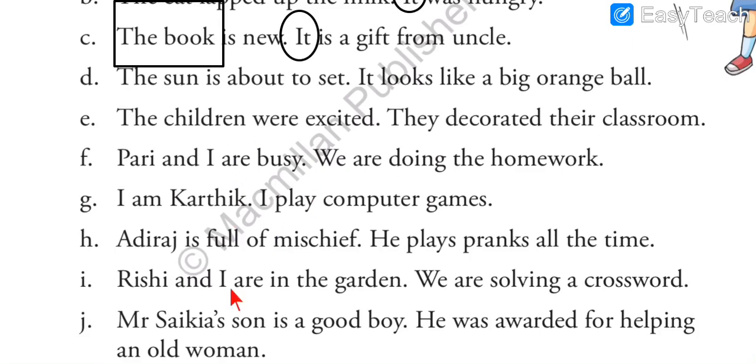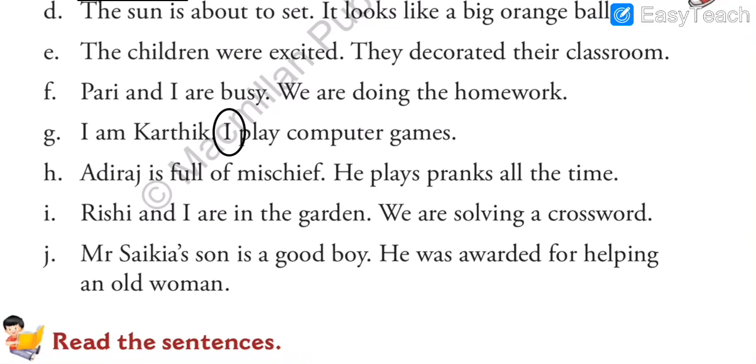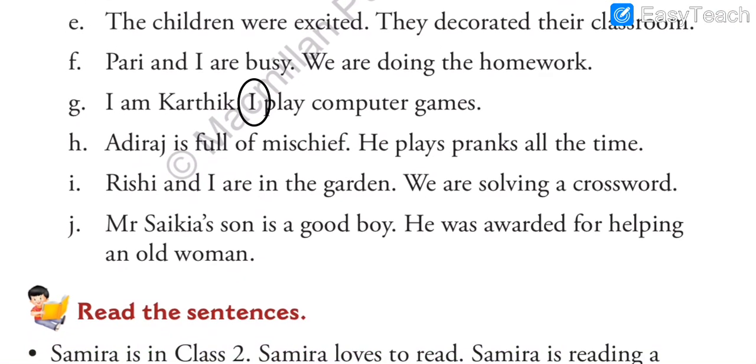If you have noticed, whenever or wherever you see the I, see my cursor, everywhere I is capital. Let it be in the front part of the sentence, or in the middle part, anywhere. That is a grammatical rule. Anywhere you write I alone, I is always capital, because it is a personal pronoun. So here, I am Karthik, I play computer games. Here the second time Karthik is not written. Instead of Karthik, the personal pronoun I is used. Clear enough?